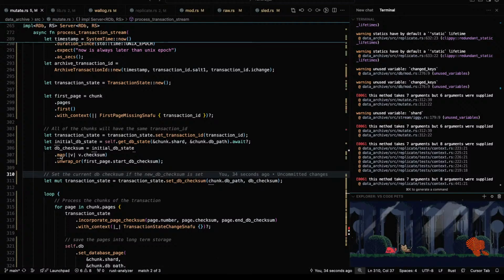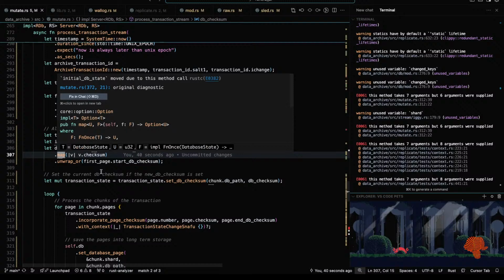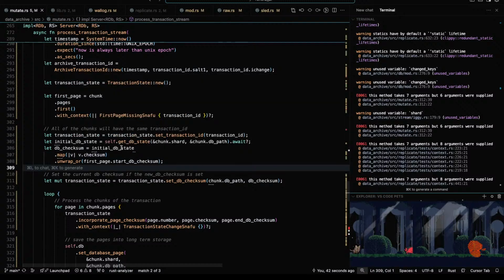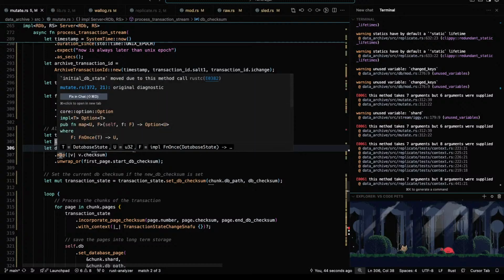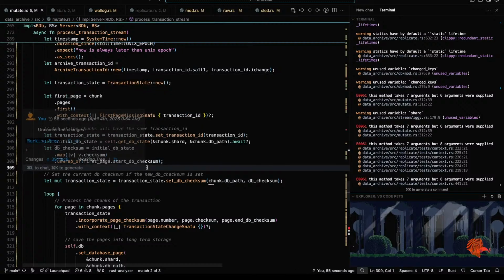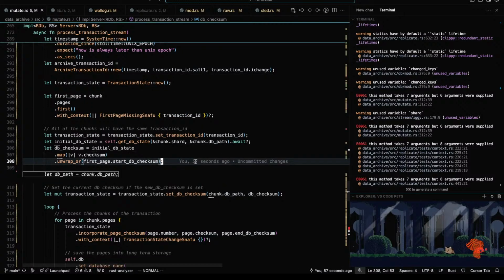Okay. Well, that's not what I wanted. The map here is consuming it, whereas I just want to change a property of it. So in this case, it's an option to a something. Want to map the type. Just want to be able to get the checksum off of it if it is something. Or set it.